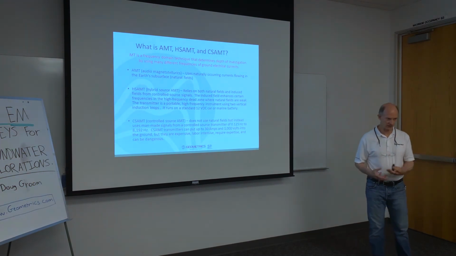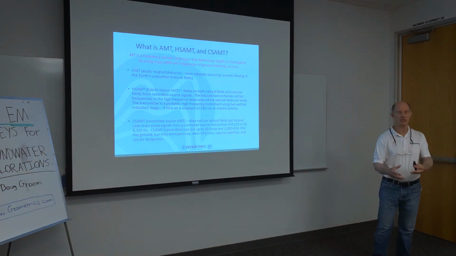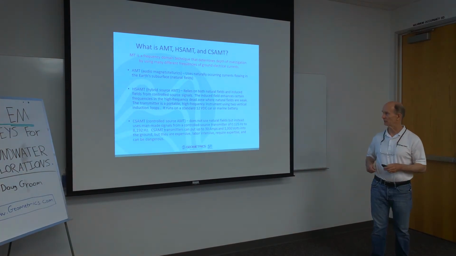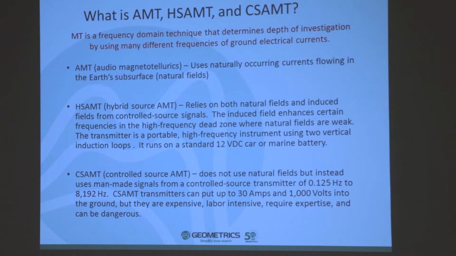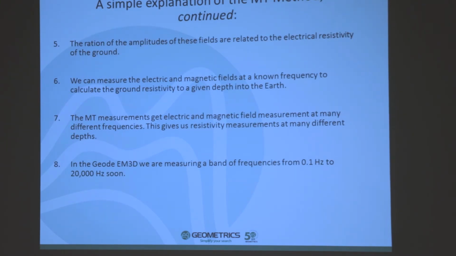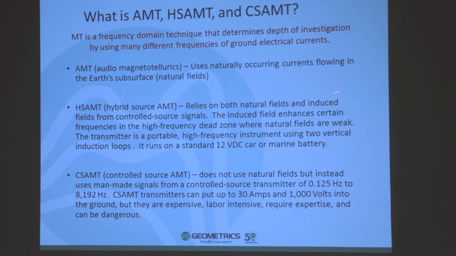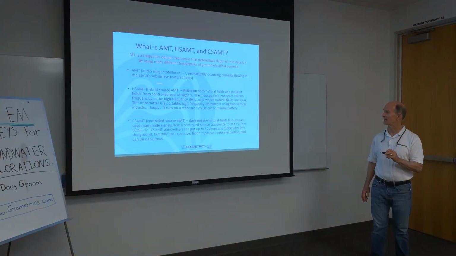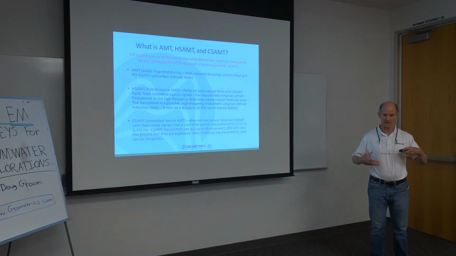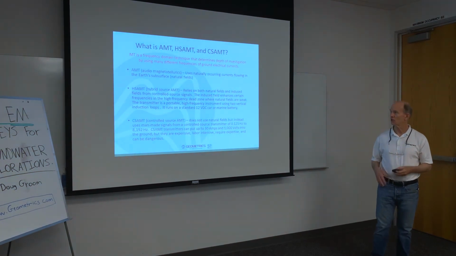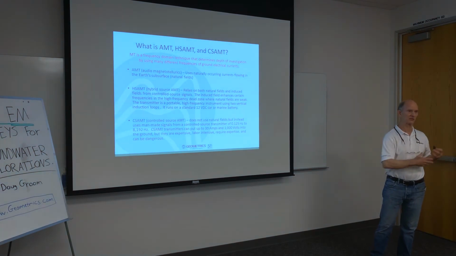So what are these techniques? What is AMT, HSAMT, and CSAMT? The techniques, as I mentioned, these are variations of the MT magnetotelluric, which is a frequency domain technique. And in the frequency domain, we are using many different frequencies from currents that are naturally flowing in the ground. And these natural flowing currents are caused by typically distant lightning strikes